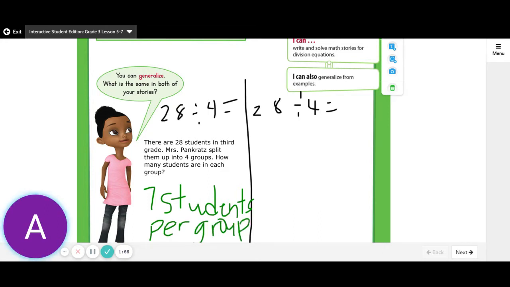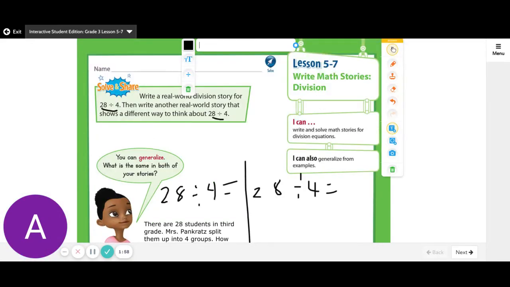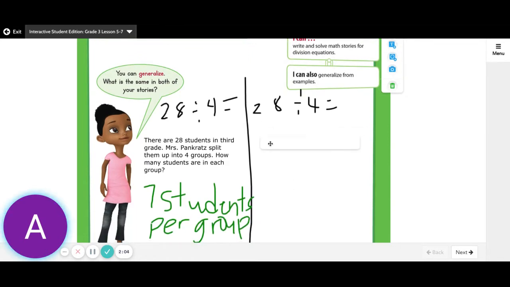So now we want to think of a different way to write a multiplication or a division story for the same equation. So we're still doing 28 divided by 4. So my number answer will be the same, but my label will be different. So we talked about students in groups for the first one. This one, maybe we could think about